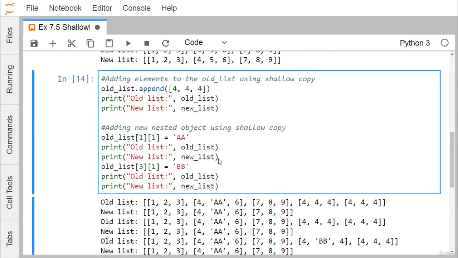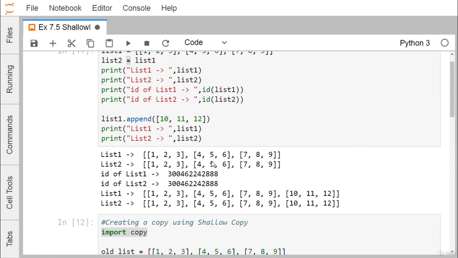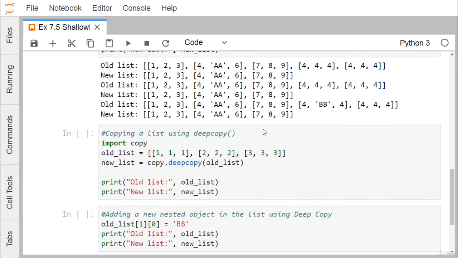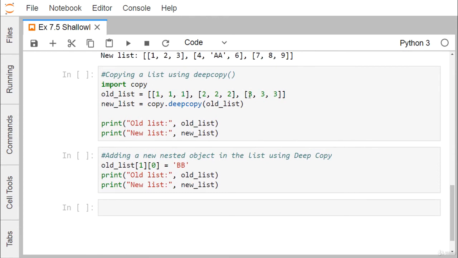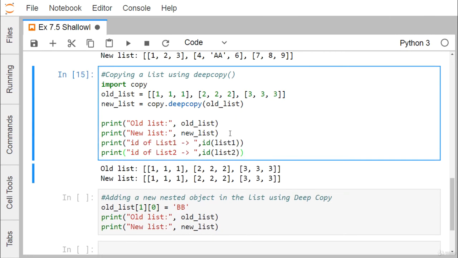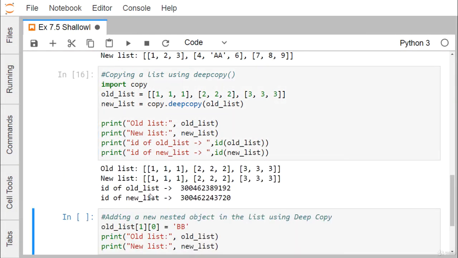So let us go for the ID print here. I'm just taking this copy. Here you see we are having this old list having some set of elements. There is a new list, copy.deepcopy of old list. In this way I'm just printing it. You can find that the new list is getting printed. So now I'm going for the ID of this new list and also the old list. If I go for the print, you can find that these two, old list and new list, are having different IDs. So that means it has created a new object for it.